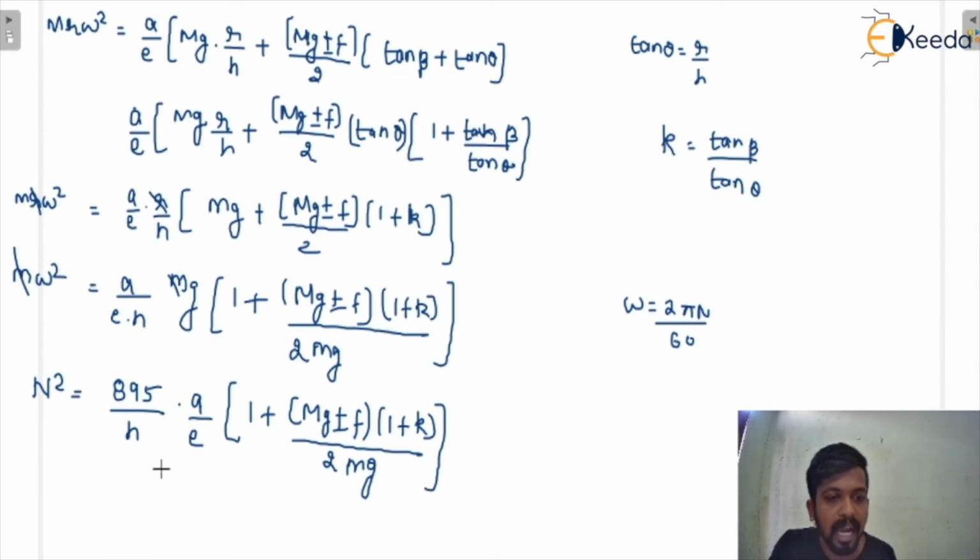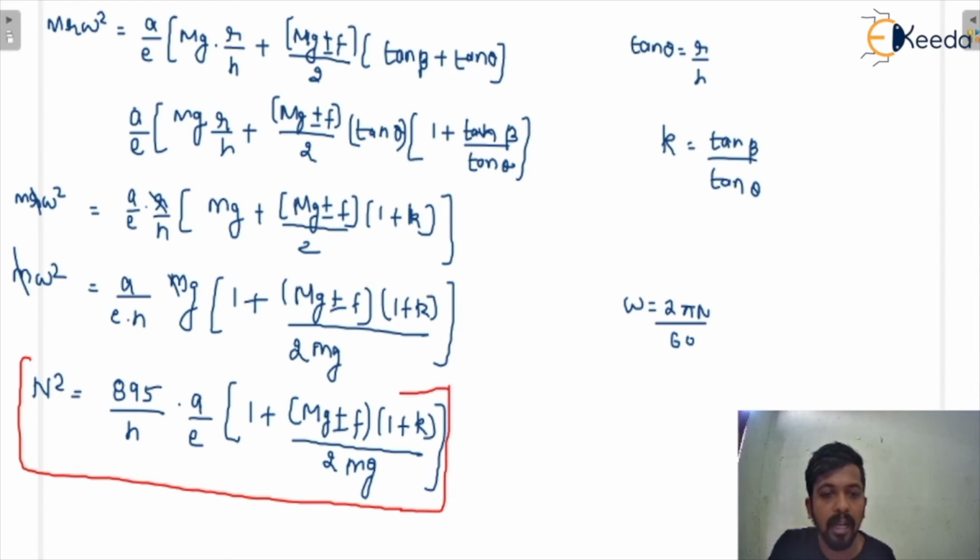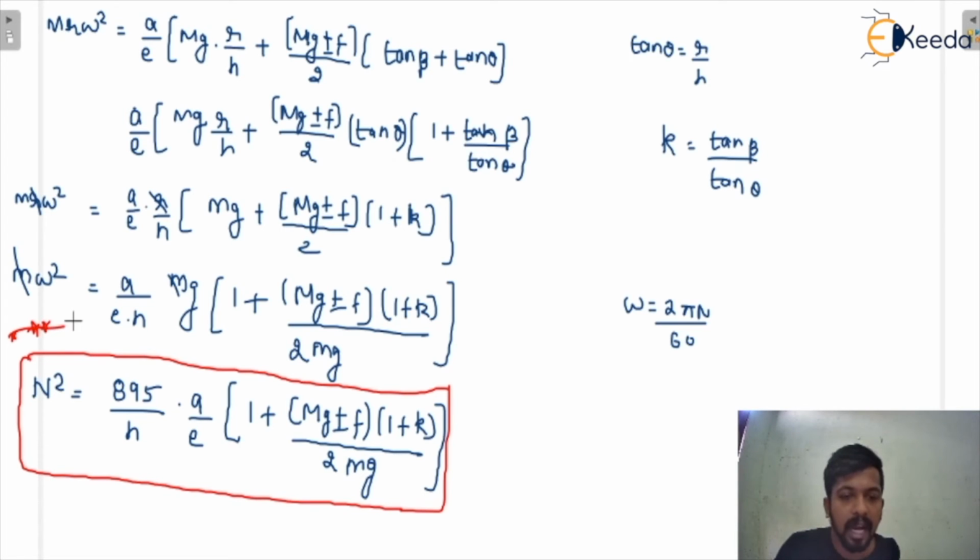From here you can calculate the height of the governor. This is the general equation when r dash is equal to r. This is a special case when r dash is equal to r. You can use these equations in order to find out the speed and the height of the governor. But this equation is only used when r dash is equal to r. So I'm writing here, remember one thing, don't apply it in every case. This is only for one case when r dash is equal to r.